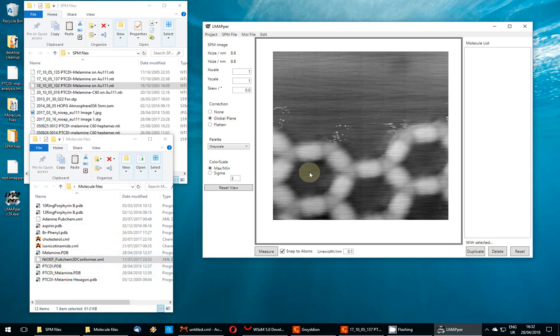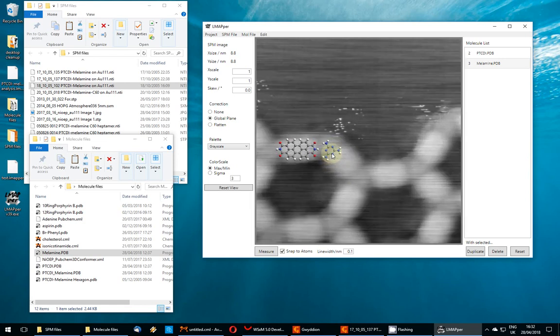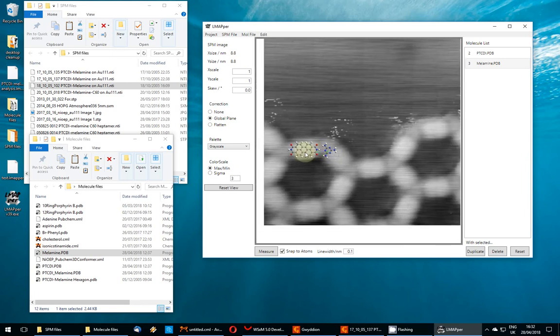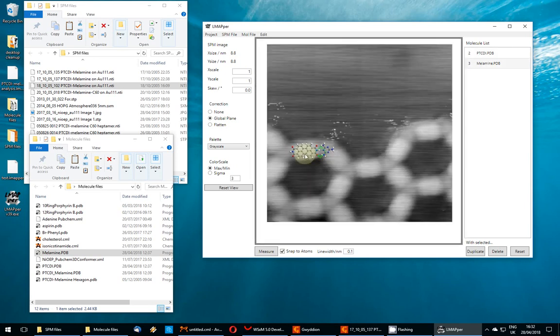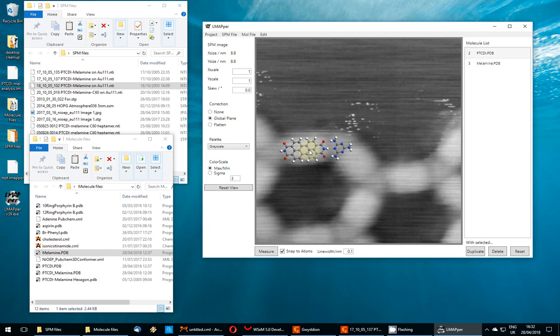In this case, for this image, I know this is a molecular network of PTCDI and melamine. It's something I used to work with. I've got some publications. They self-assemble on a gold surface to form this hexagonal network. The network is supposed to be perfectly hexagonal, where the edges are composed of PTCDIs and the corners of melamines. I can see that I'm moving the molecules around, so I'm basically selecting the molecule with the left click